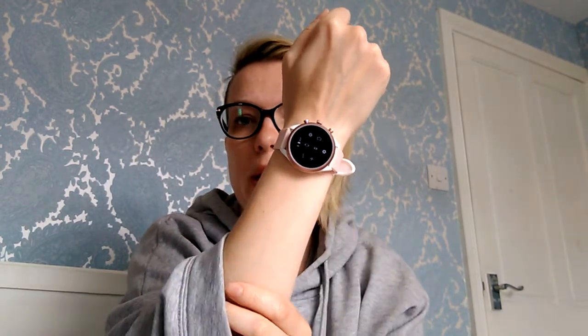Hi, so today I'm going to review the Fossil Sport Smartwatch. It's now retailing at around £220. It's powered by a Qualcomm Snapdragon Wear processor and has 4 GB memory. It has a 1.29 AMOLED screen, is completely swim-proof, and it has a built-in heart rate monitor, altimeter, accelerometer, gyroscope, GPS, as well as Wi-Fi, Bluetooth, and